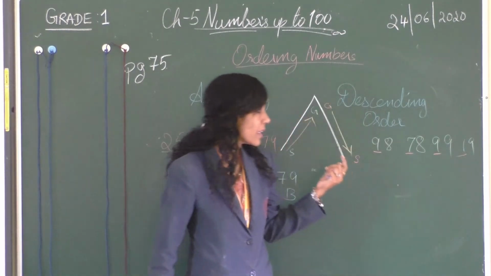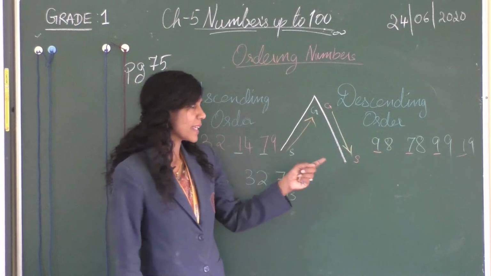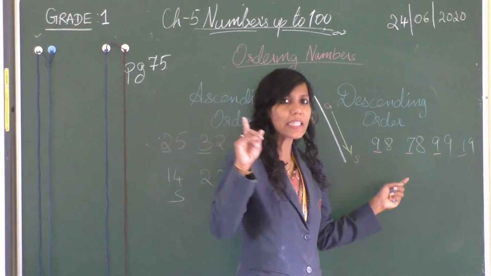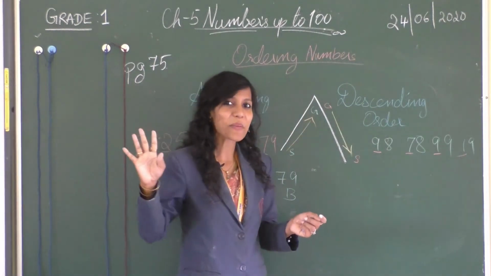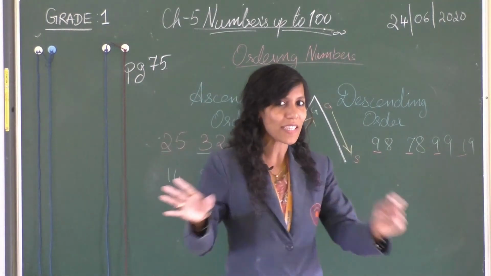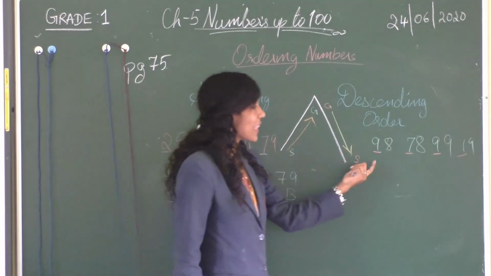9791. Which is big? 97 or 9 or 1? There are two nines, so you can take one 9. 9, 7 and 1. Which is big? 1? 1 is big. In that case, on my birthday I'll give only 1 chocolate, and all other chocolates I'll keep. No, right? So 9 is big.